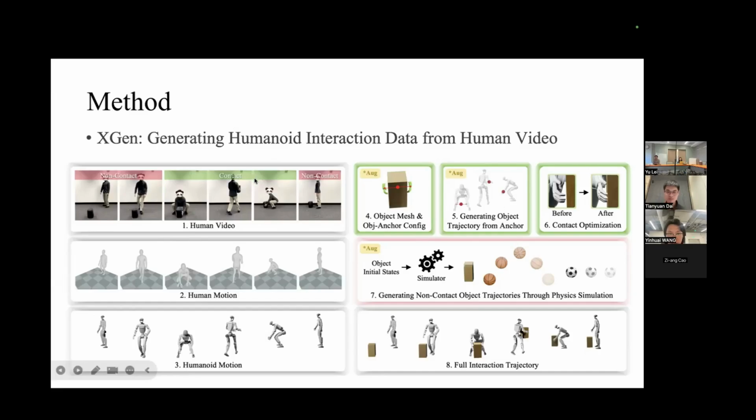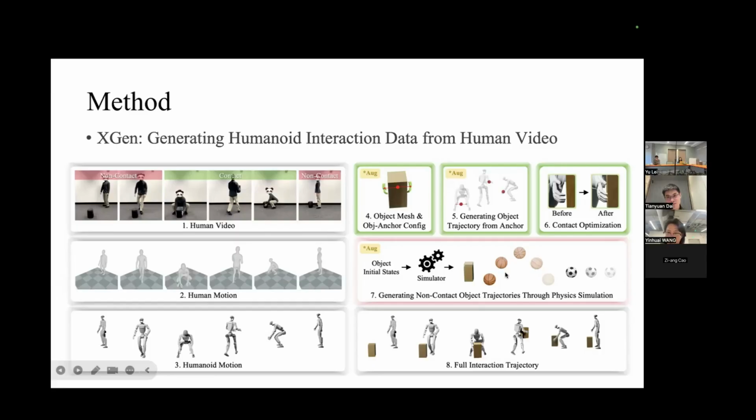For the non-contact stage, we use physical simulation to generate the object trajectories.